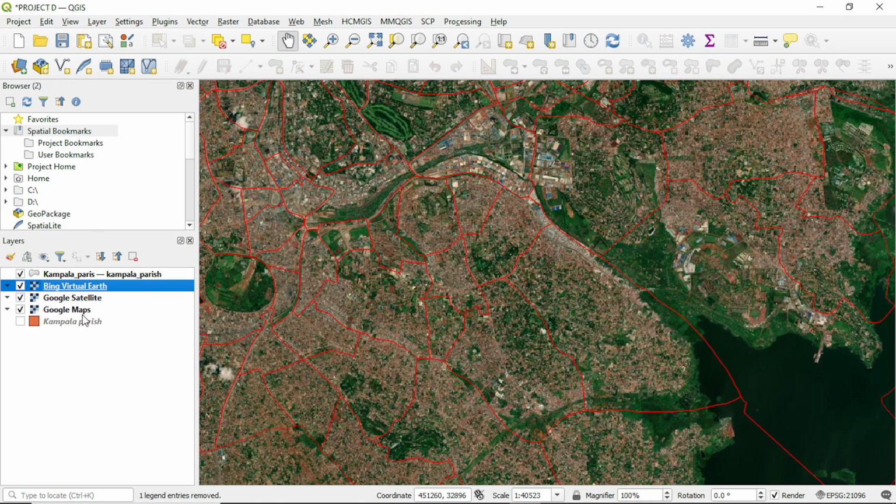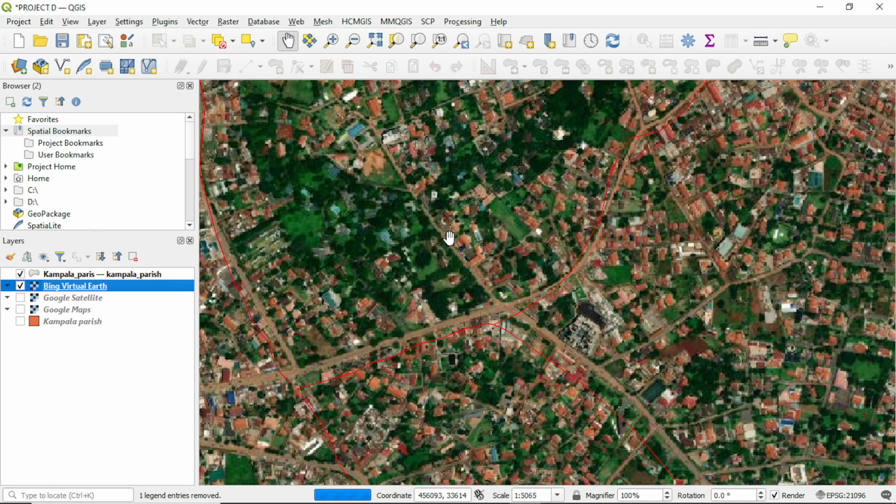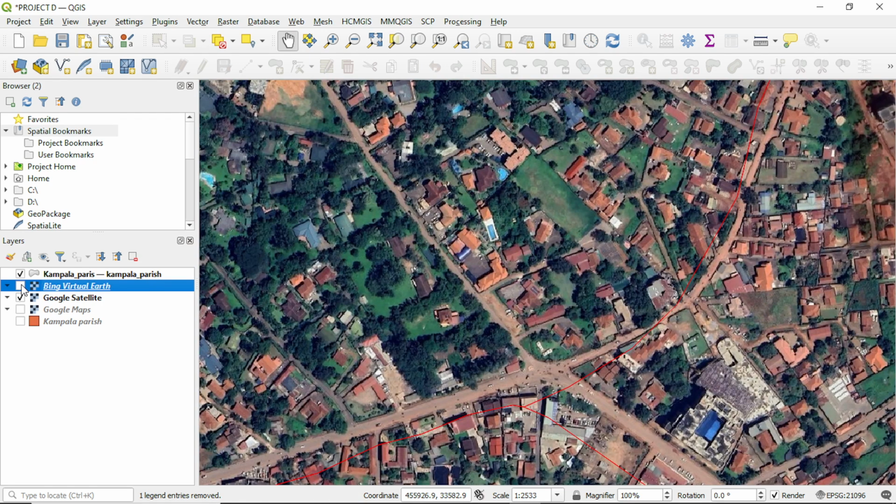We can see it's almost similar to the Google Satellite, but its resolution is better than that of the Google Satellite, I think. If I put on the Google Satellite and turn this off, we can see